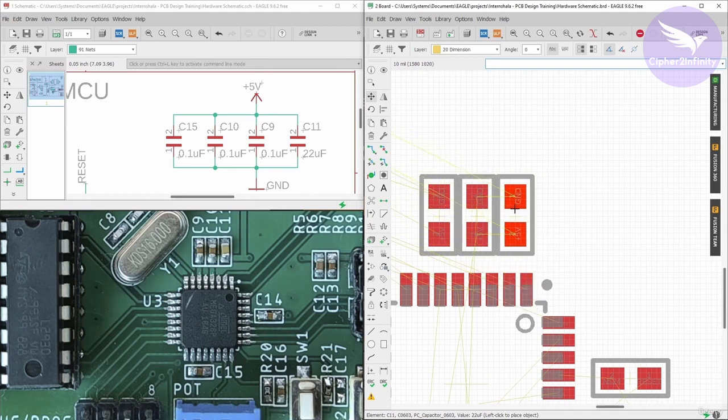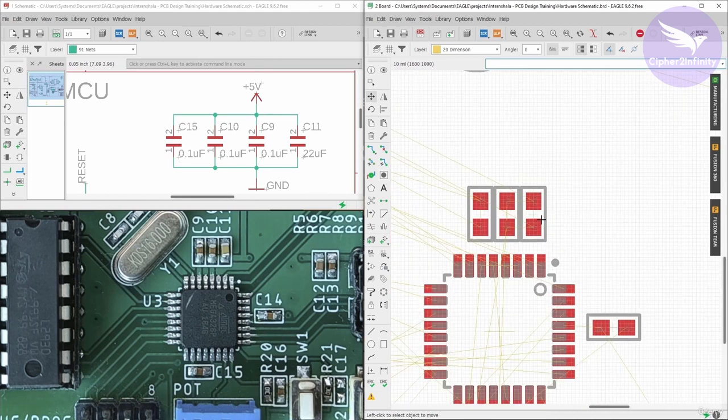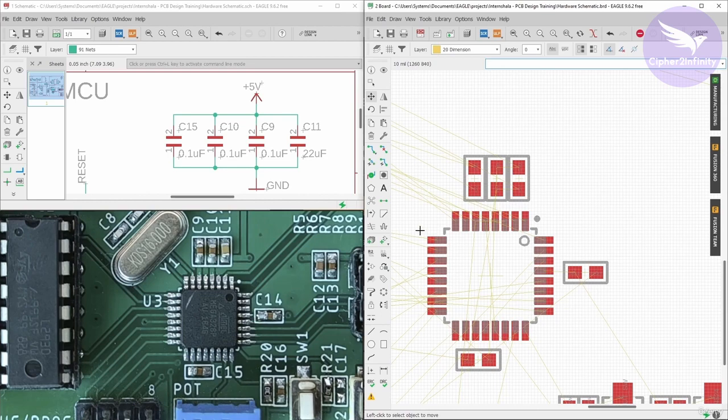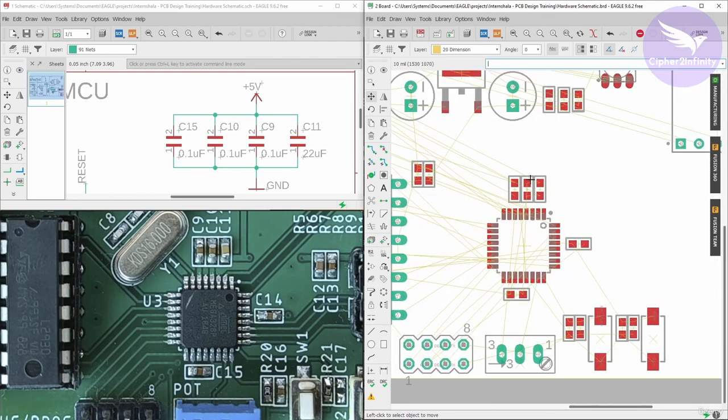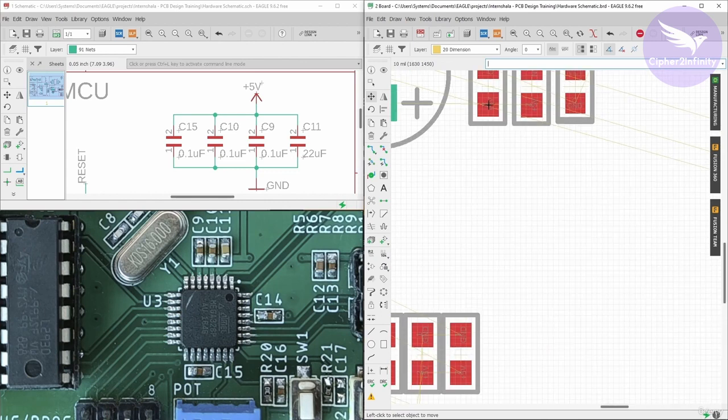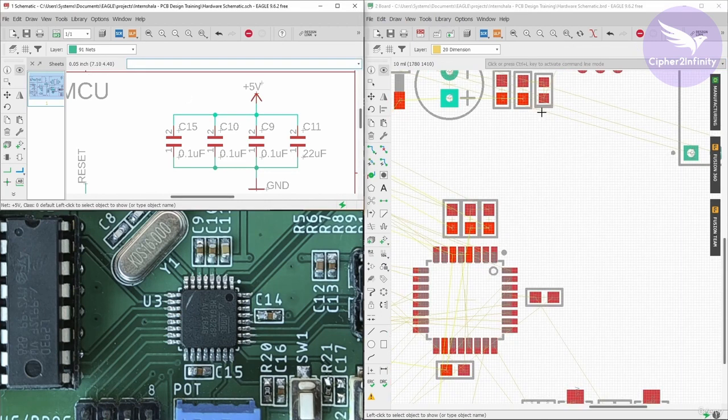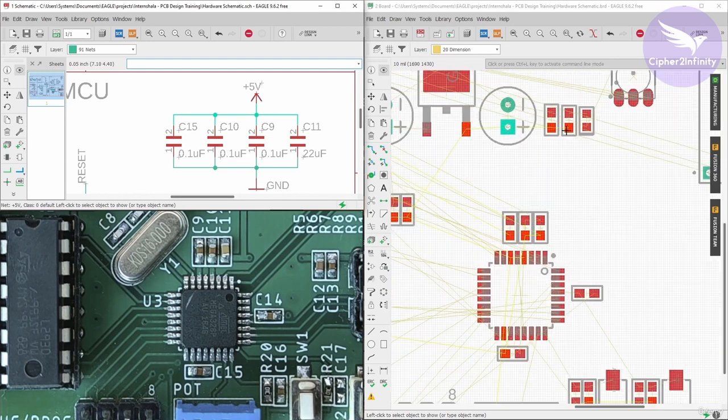Now, I already told you that this particular capacitor is basically a kind of bulk capacitor, and this capacitor is going to fulfill the current requirement of this IC. So we have to place it near the power line. So from here, 5 volt will come like this. So let me select the 5 volt line first. So from here the 5 volt will come, and then we have to pass that 5 volt through this